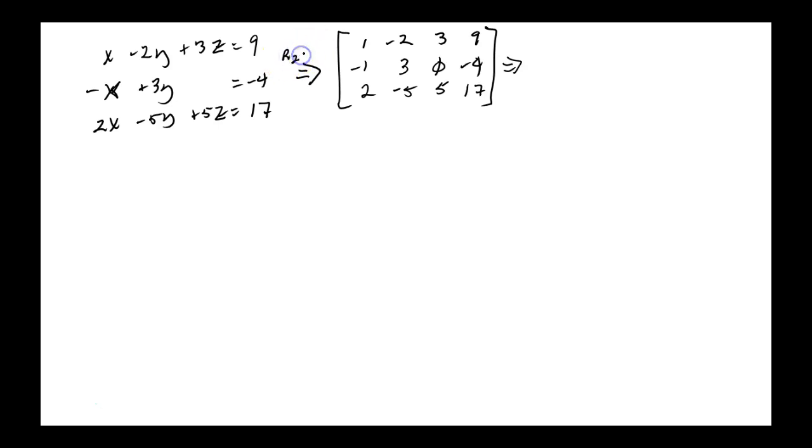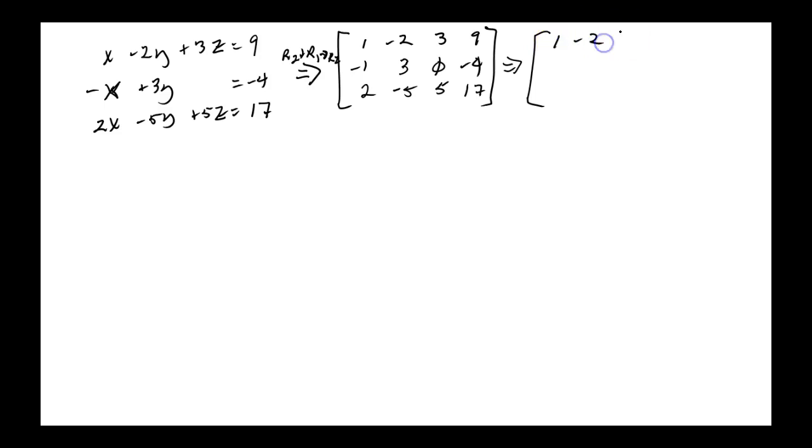Okay, row 2 plus row 1 is the new row 2. Okay? Now, anytime you're using a row, and that's why I was trying to say before, whatever that row you're using, which is the first row, and by the way, most of the time you're using the row with that leading one or the element that you're trying to deal with. So we're using that leading one, so that's the one you list twice. When you're using a row, you're not messing with the row. So that stays the same.